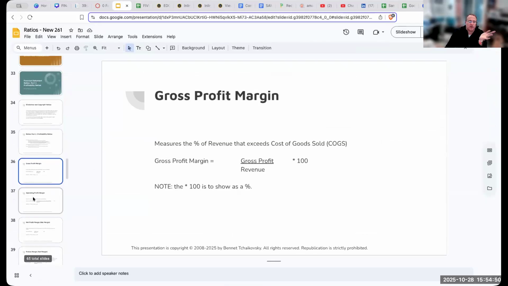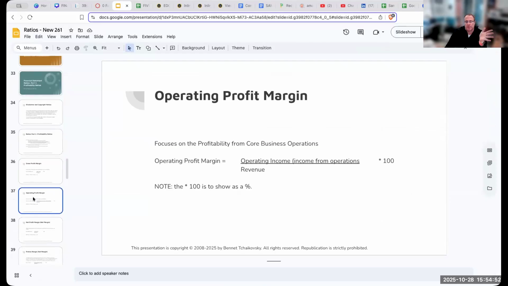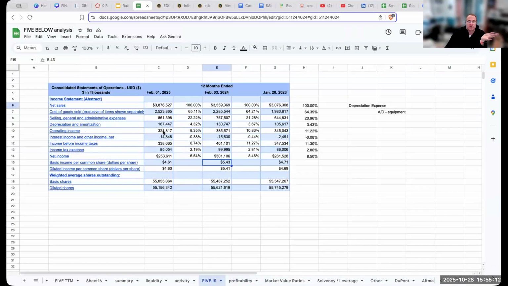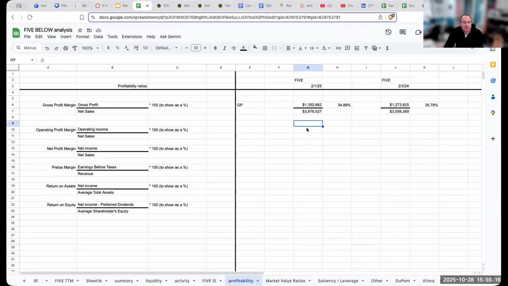Let's take a look at the next one, which is the operating profit margin. This helps me focus on my profitability from my core business operations. As we come over here to look at Five Below, we're going to show our operating income. Now, this might be a little bit easier for us because guess what? They give us operating income. So right over here, my operating income is in my numerator,